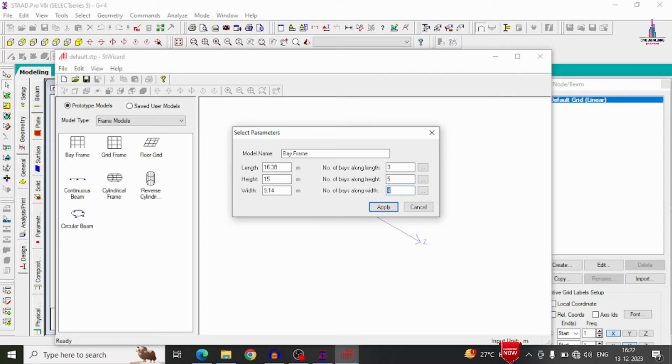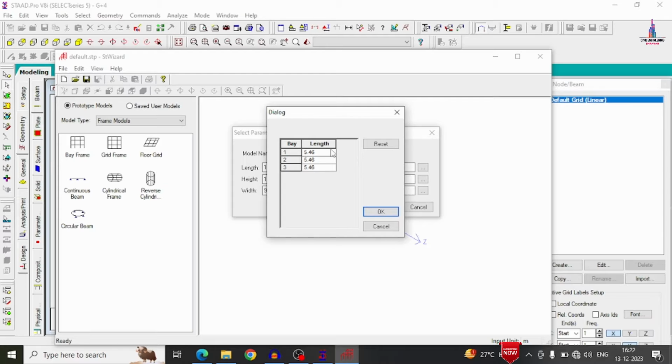Because of that reason, 3 minus 1 is approximately equal to 2 here. So now we have to enter the center to center distance between the columns, which we already calculated in the typical floor plan. For that, initially we have to select this 3 dots option. Firstly, we enter the center to center distance for the first column, which is approximately 4.7. Again in the same process, we enter the second value, approximately 5.38, and then the third value, approximately 6.3. Click on the OK option.